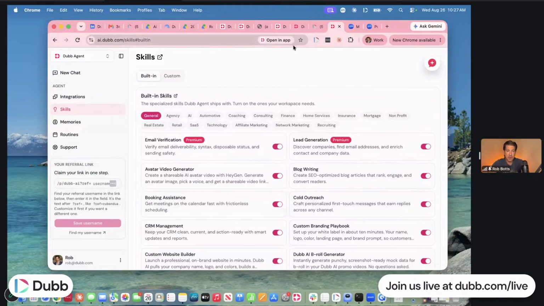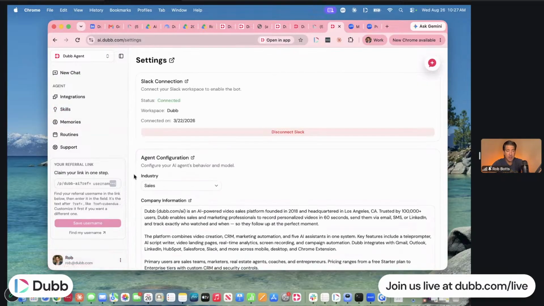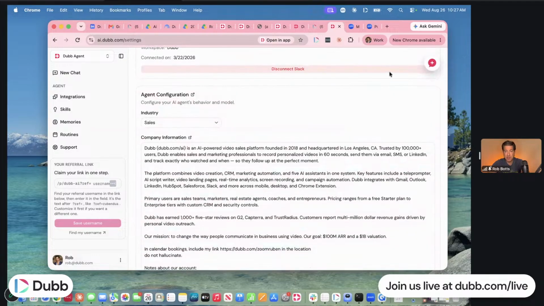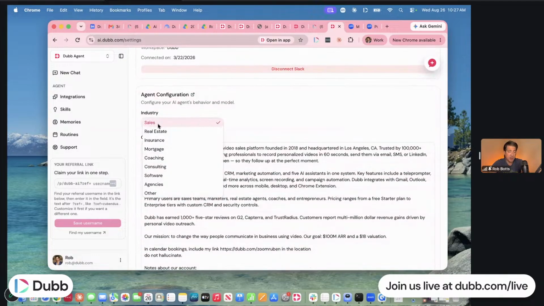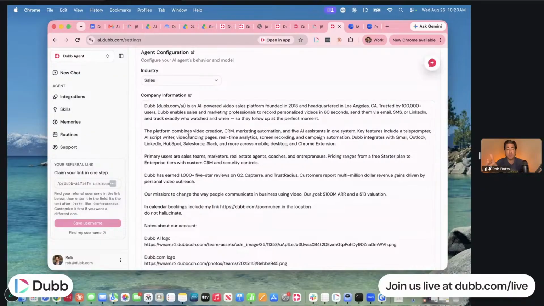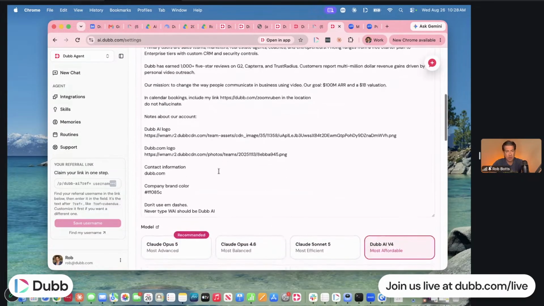Now, another part of this is right down here at the bottom. So there's a little three dot menu down here, and you want to go to settings right here. When you go to settings, this is a really important section. This is your company information section. So whatever industry you're in, hit the drop down. If you don't see it here, click other, but if you're in this realm, click one of these. And then you want to drop in here all the information that's relevant and important for Dub Agent to know about your company. So it has access to these things, whether it's structuring, whether it's logos, branding, whatever it is, pop it in here and it'll be able to do that for you.